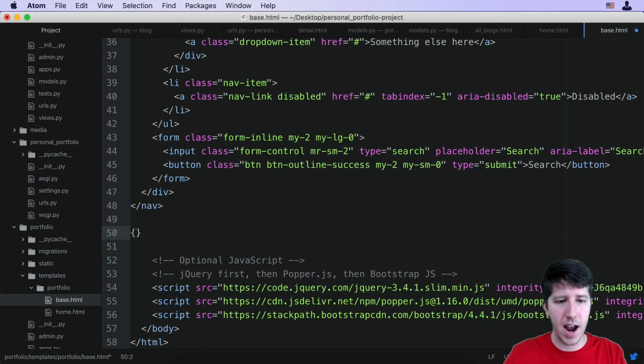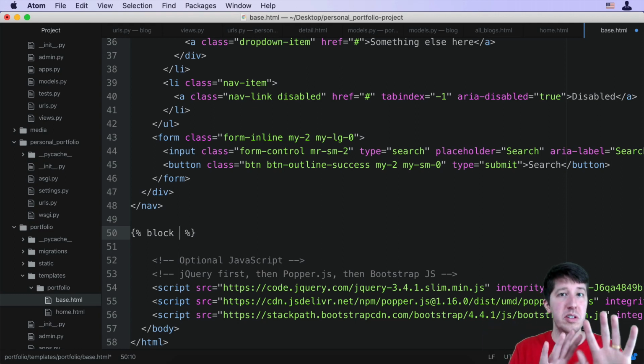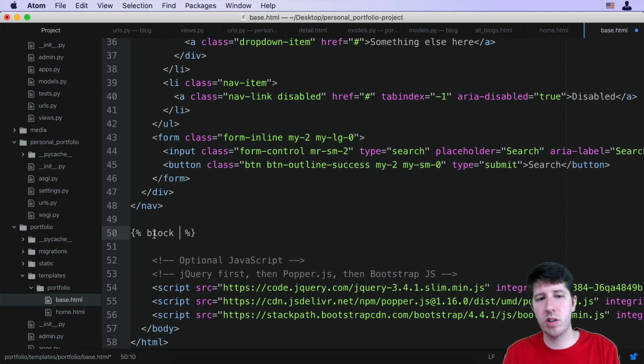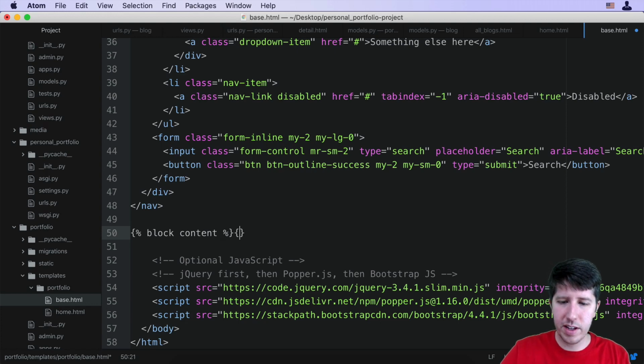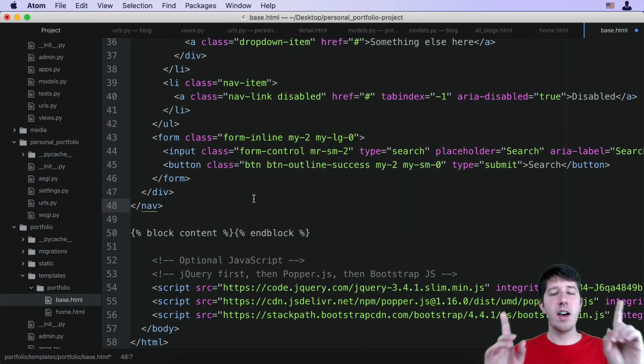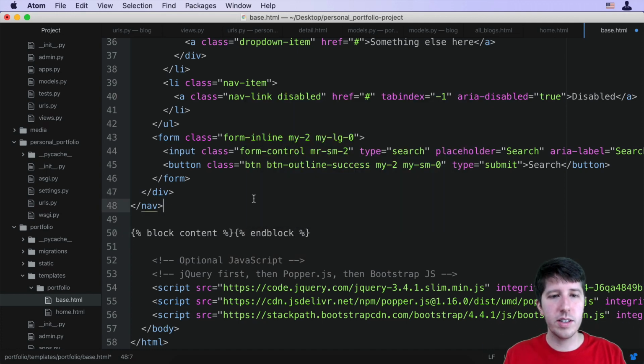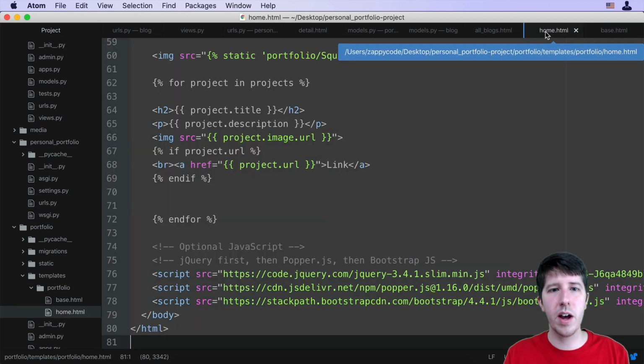So I'm going to use a curly bracket and then percentage signs. And I'm going to say block and give it some sort of name. So I like the name content because it's like the content of each page, but this is just a name that I made up. You have to use the term block on the left, but you could say content or anything else that you want here. And then after this, you have to do the curly brackets with percentage signs and say endblock, all one word. So now that we've done this, I'm going to save this and now come to my